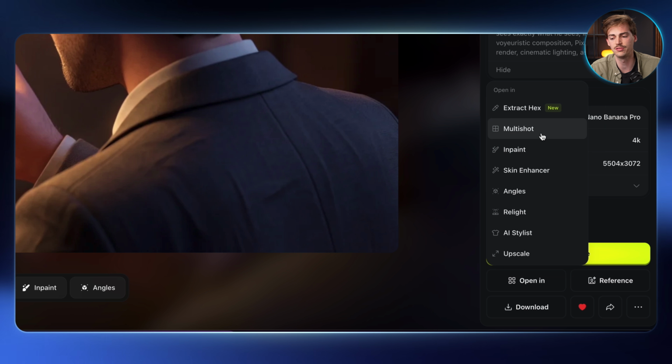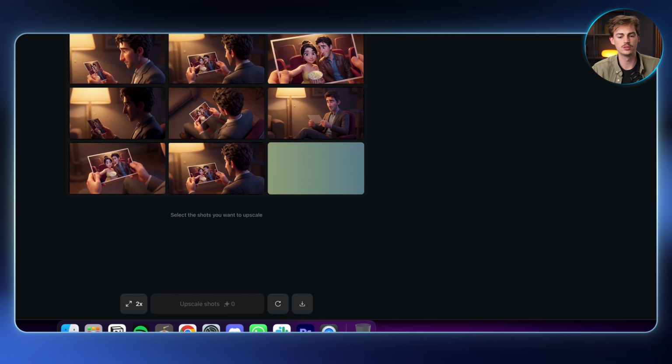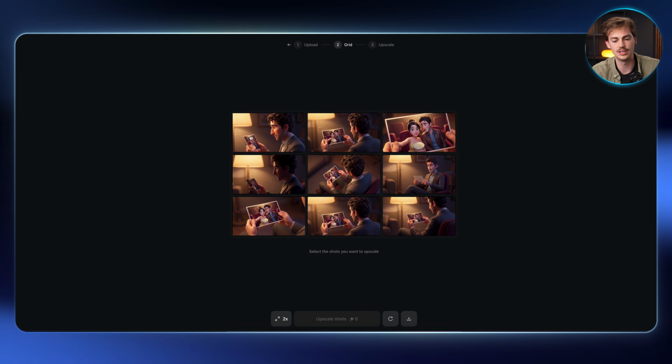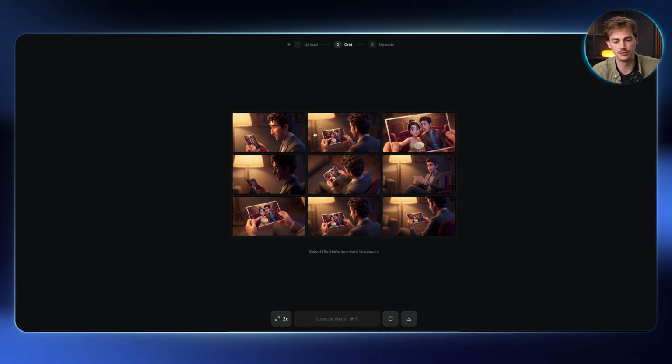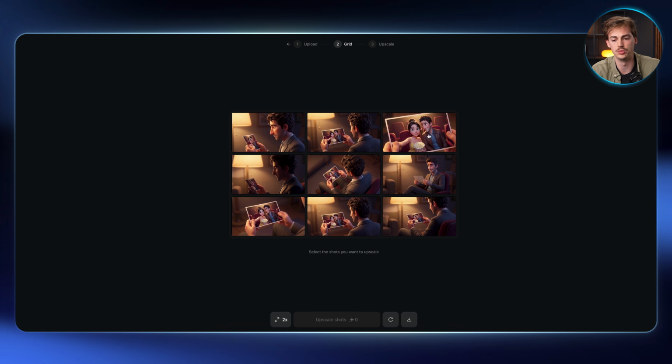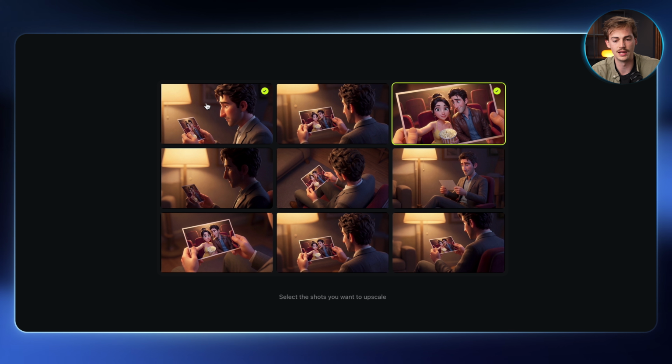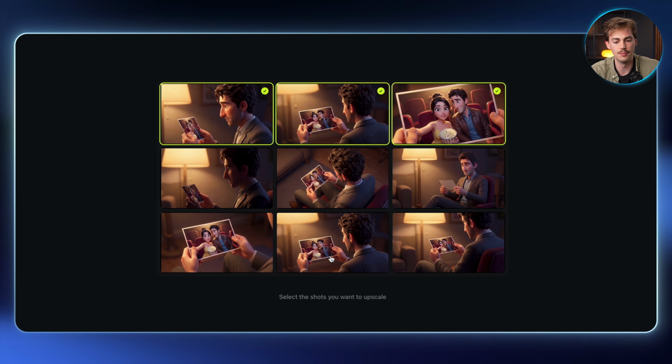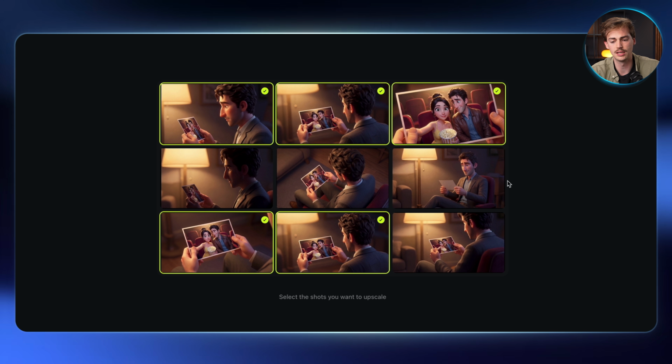start making different angles of this video. So without having to prompt, you can just put this in here and it will generate multiple different angles. Not all will be usable, but some of them are quite good. So for example, this is quite good. I like this one, I like this one. And basically you can click the ones that you like and then you can upscale them. This is another easy way to get multiple different angles easily without putting in too much effort into reframing the